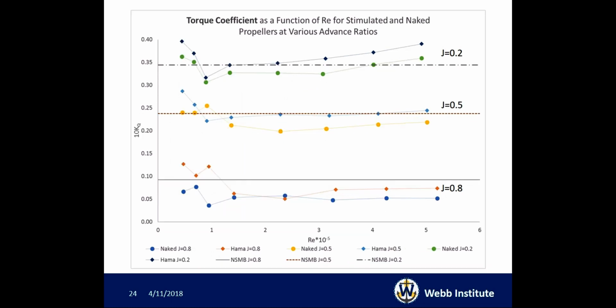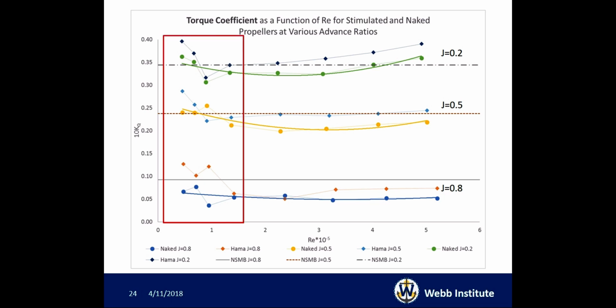The same graph is now presented with the torque coefficient on the y-axis instead of the thrust coefficient. Again, you can see the bending effects, and you can see the Reynolds number effects, except in the case of torque coefficient, I expected an increase at low Reynolds numbers instead of a decrease,